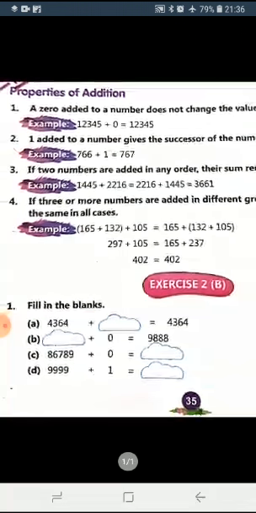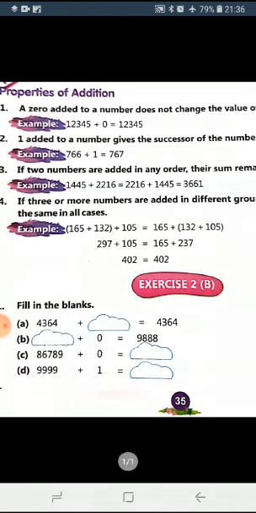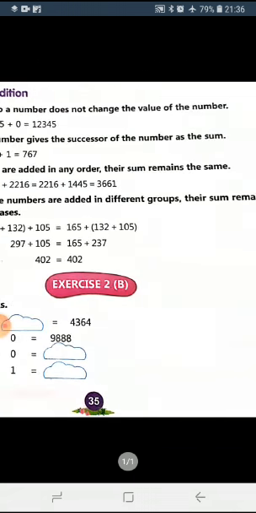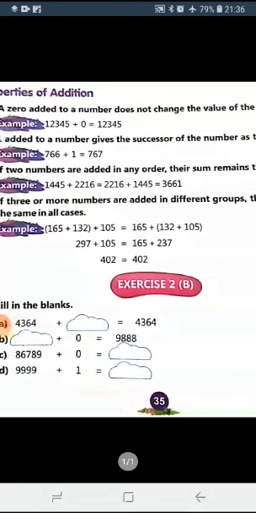So another simple property that you have done before also: if two numbers are added in any order, their sum remains the same. Now children, do you remember what is the meaning of order? Order means taking the numbers in some specific order, like the number which is at the first place, when I say that I am changing the order, that number comes to the second place. Okay, interchanging the position. Okay, so here again I'll take the example of the book only to make you understand it. Now what example is given?